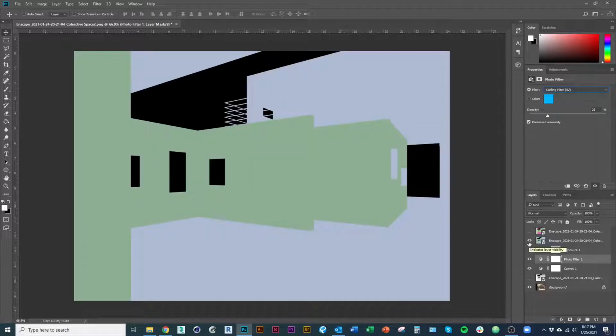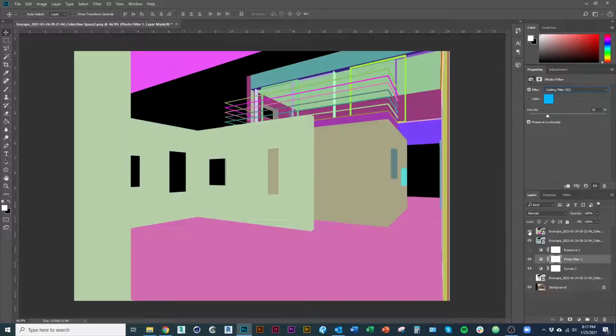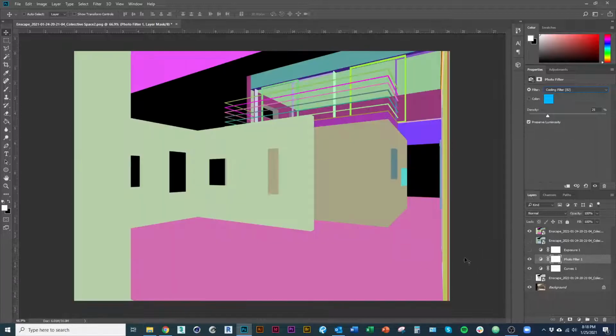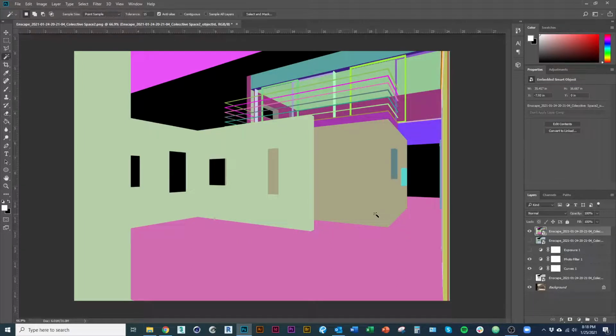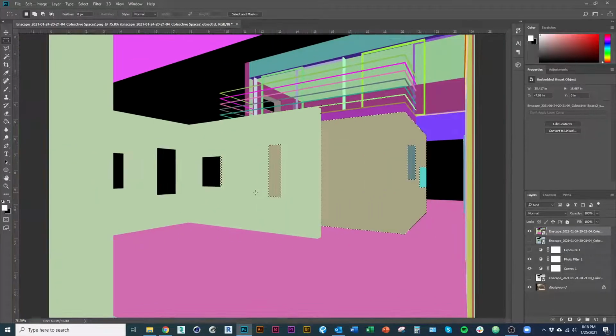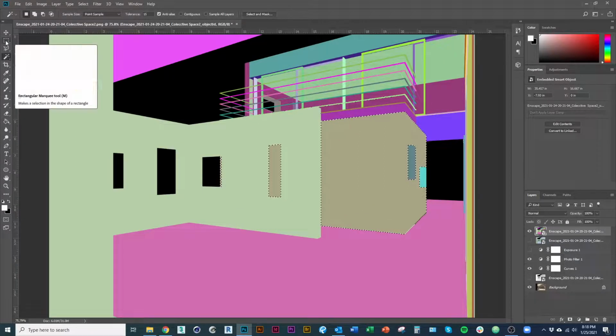And then, if you find that you're having issues getting part of your image to look correct, let's say I wanted this wall to look a little bit different because I'm losing some of the detail on it because it's too dark. That's again where our channels would come in handy, because we can easily go in here and select objects separately. Obviously, this is all one object, so we can't do it quite all at the same time. But if we use our Magic Wand tool, and I have that object ID turned on, I'll click on this tan color,